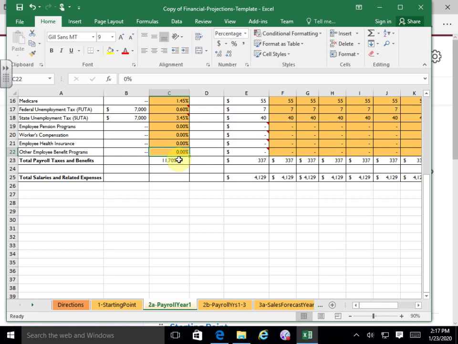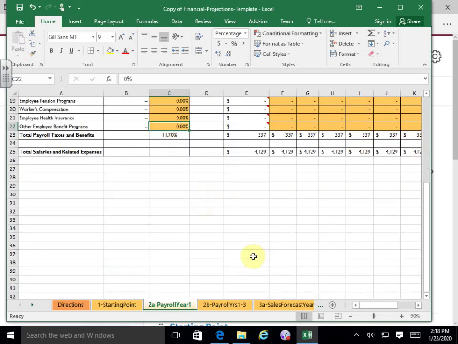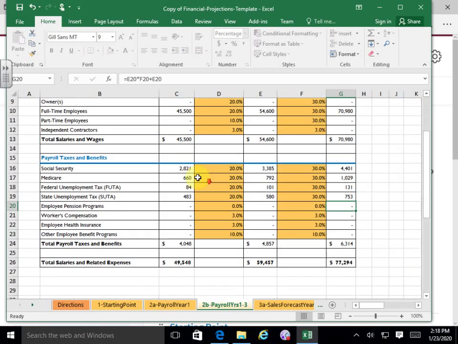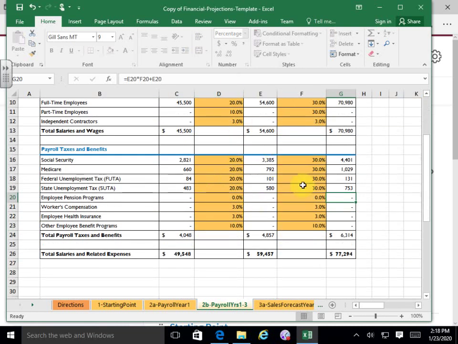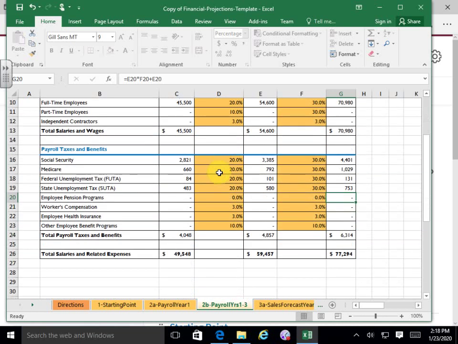There's SEP and simple IRAs and 401ks and on and on. Okay, and I'll try not to make it that complicated. But if you wanted to offer something like that, and that would not be unusual, put in a couple percent there maybe. Okay. Again, we get over here and it recalculates this, or it does all these calculations for you, and it's fine.